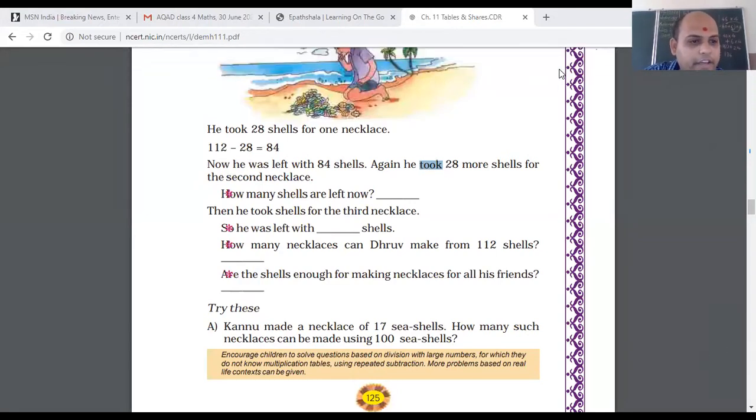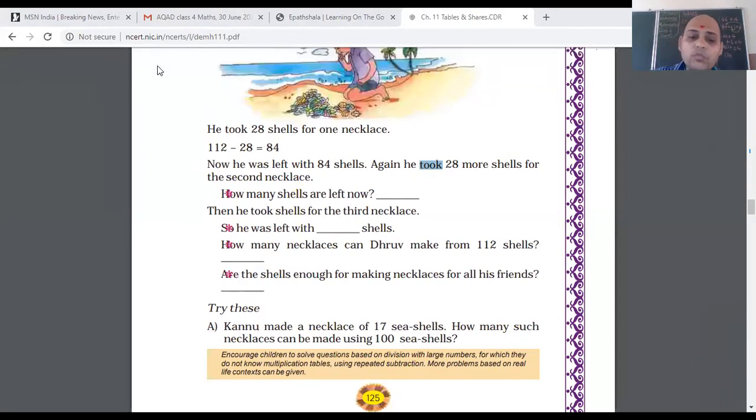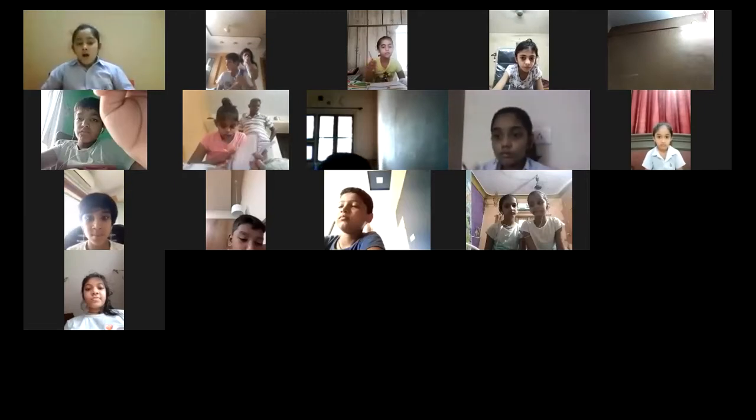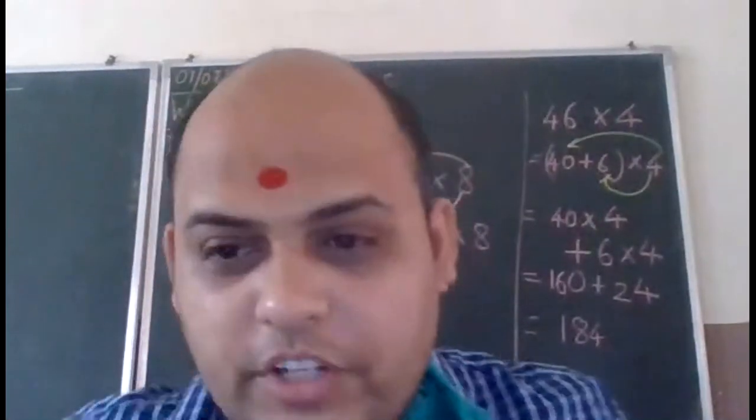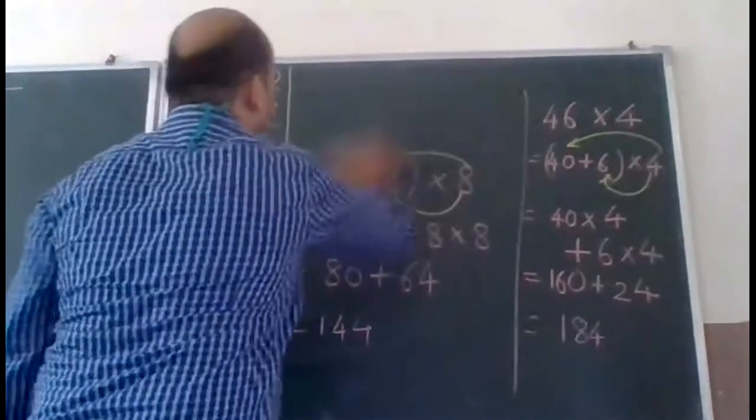Yes, very good, Ananya. Vedant, 56 is an incorrect answer. From 100 shells. Okay. Now, how to solve this? This example, you have to solve in your notebook. Now you pay attention on the screen, that out of 100 shells,